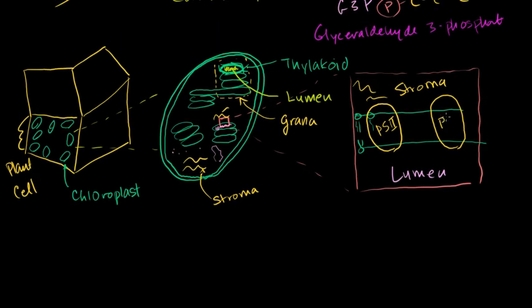Then you also have photosystem 1, and then you have other molecular complexes. You have the cytochrome b6f complex, and I'll draw that in this color. Maybe I'll do it in a different color right here. I don't want to get too much into the weeds, because the most important thing is just to understand. So you have other protein molecular complexes here that also span the membrane. But the general idea, I'll tell you the general idea, and then we'll go into the specifics of what happens during the light reaction, or the light dependent reaction,